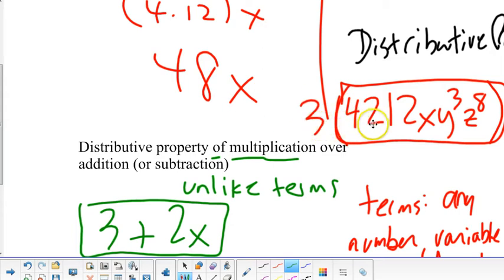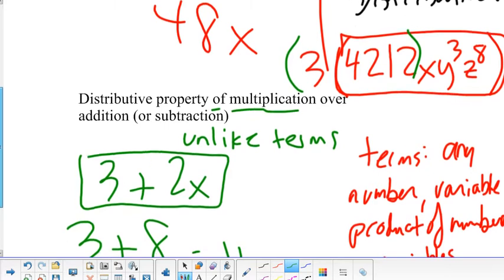If I have this 3 times 4212 x y to the third z to the eighth, there's really only one term in this parentheses. Terms are separated by pluses or minuses, so I wouldn't distribute here either. This would just be regrouping the 3 times the 4212 to make whatever that is. It's a huge number, and it would still just be one